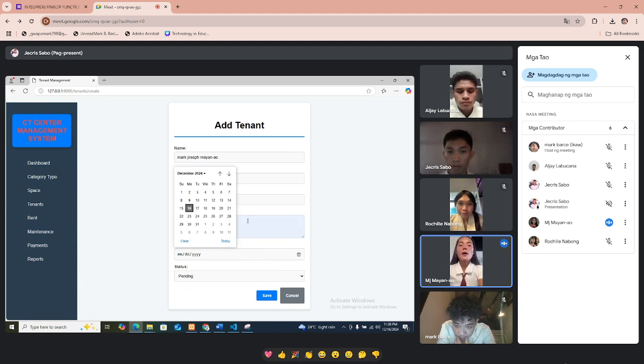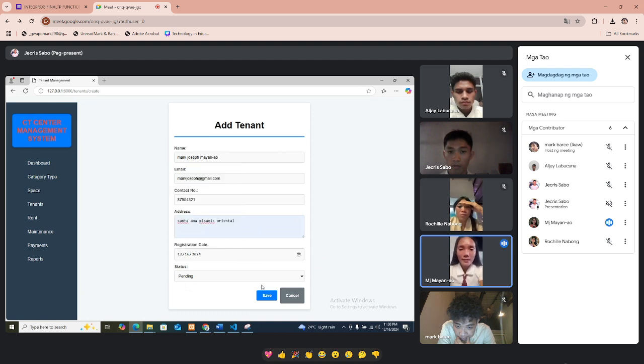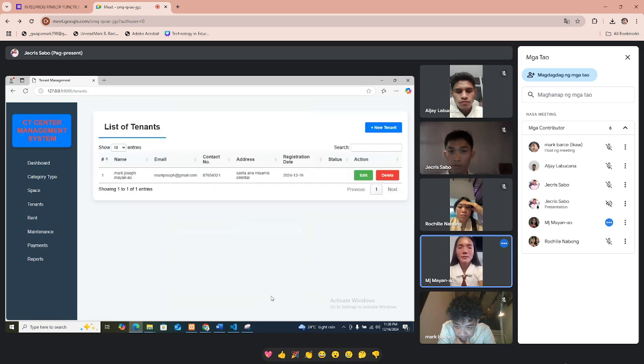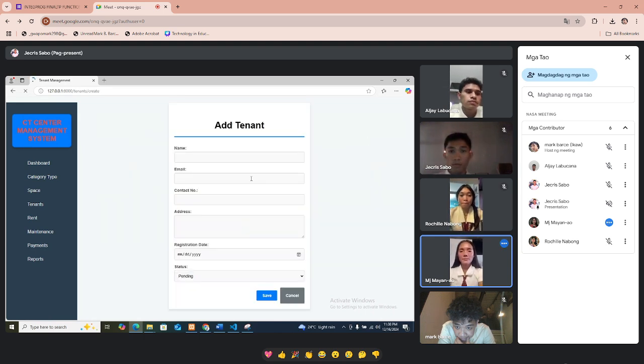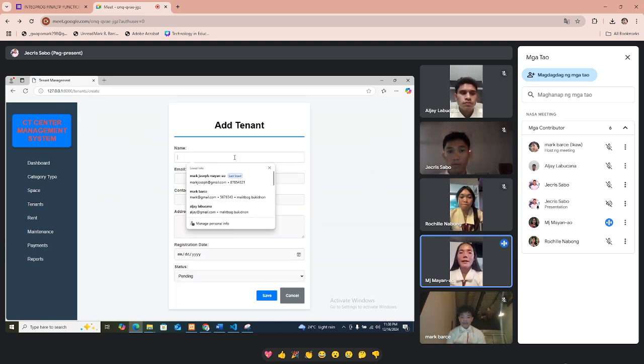It's when you registered as a tenant, for example today. Then save. As you can see, it shows the information of the tenant. Let's add another one, like John Michael Baldon.